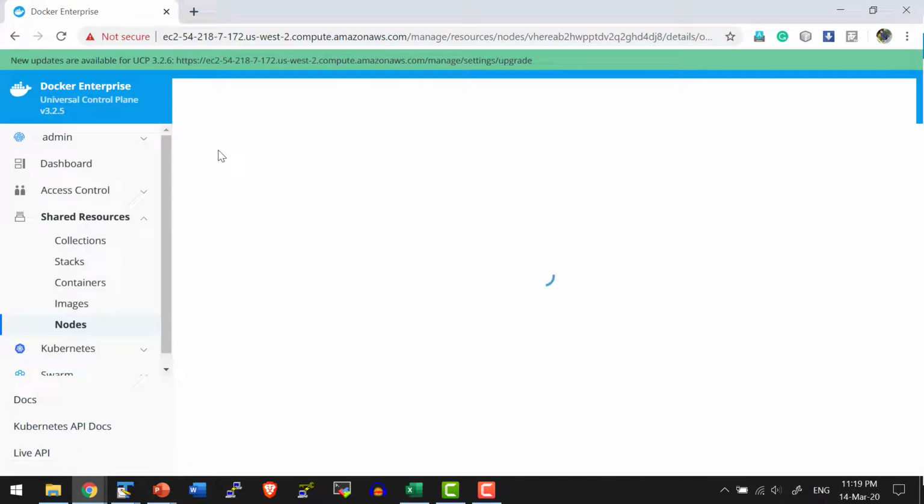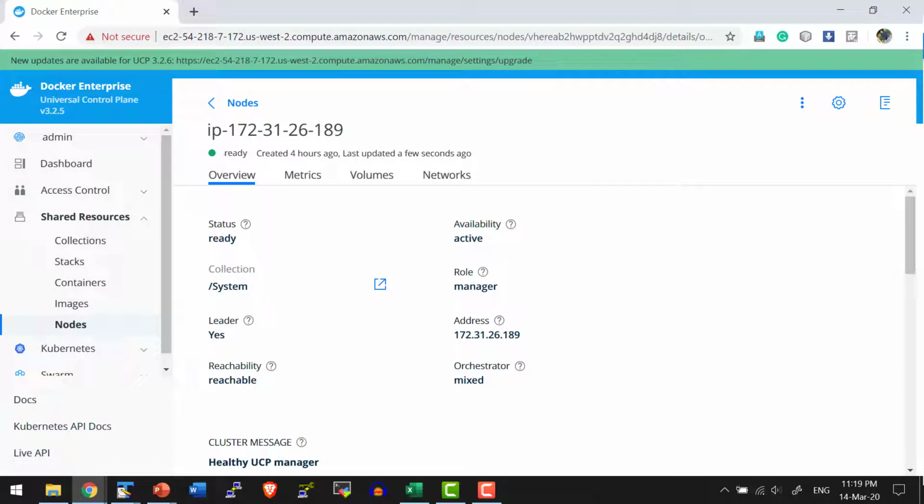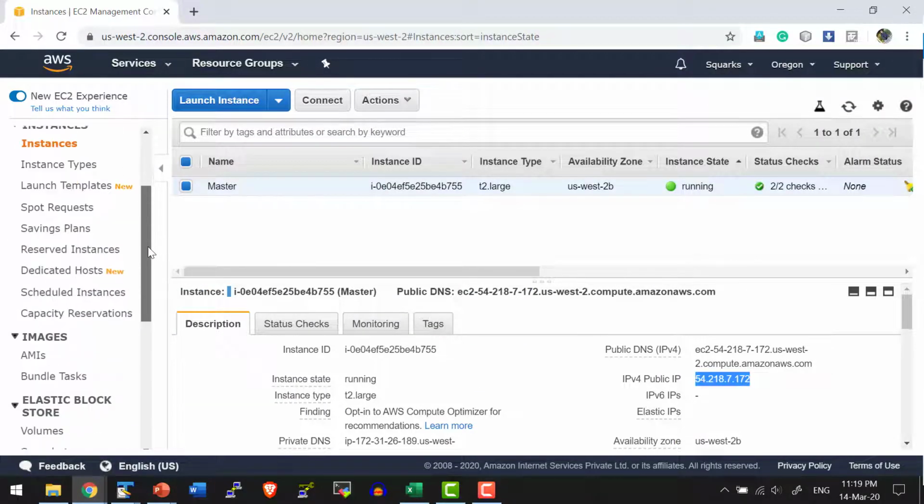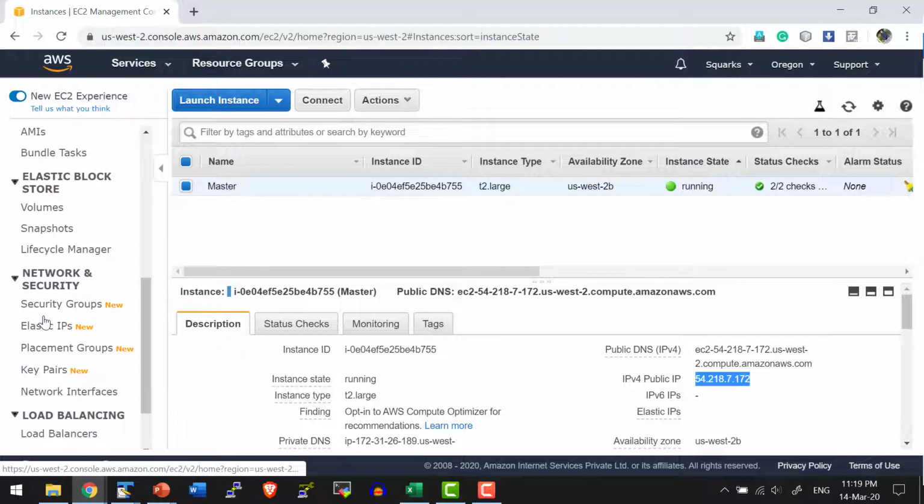So this needs to be done whenever the dynamic IP address changes, and there are alternatives to solve this problem. I can go with VPC, or otherwise I can assign an elastic IP address, which will be static to this specific instance. It is free of cost as long as the instance is running, otherwise it will be charged when the system is in the stop state or if it is not assigned to any instance. As this is a demo, I am not going to assign the elastic IP address, and we will be in a position to see how the SAN can be updated in case the DNS or the IP address gets changed.